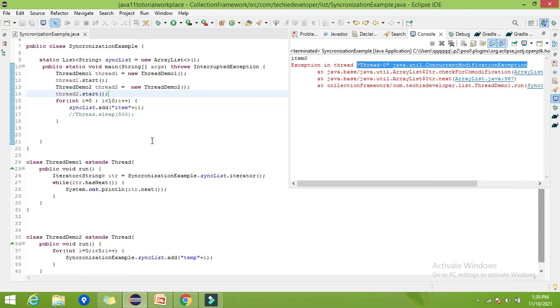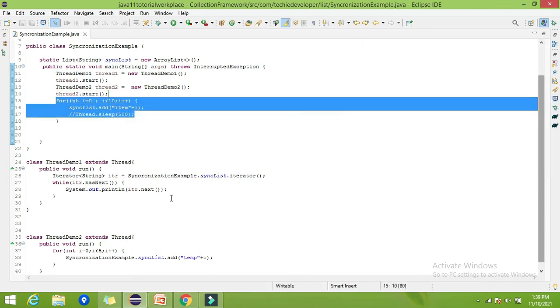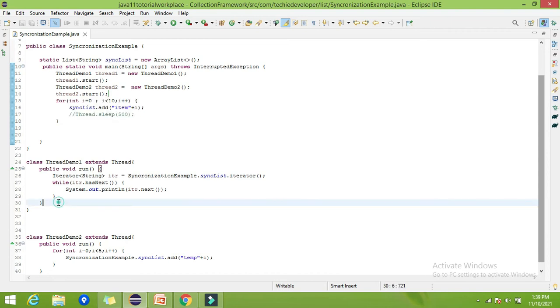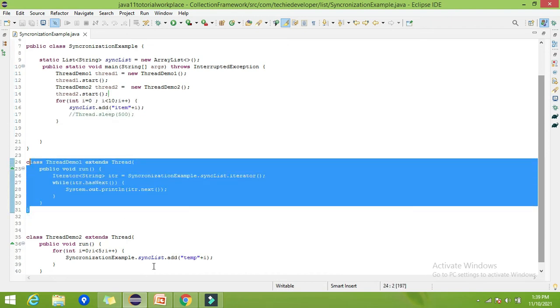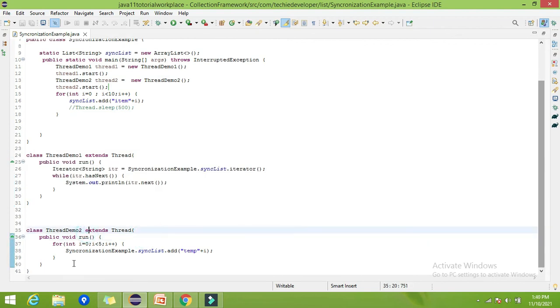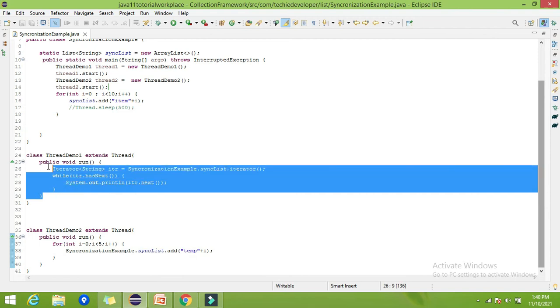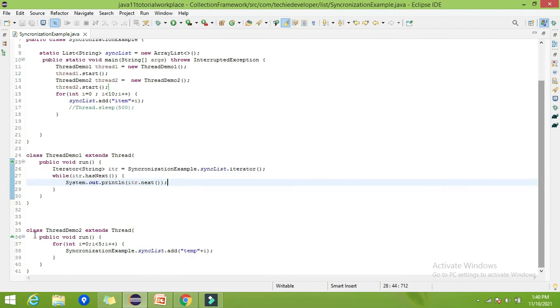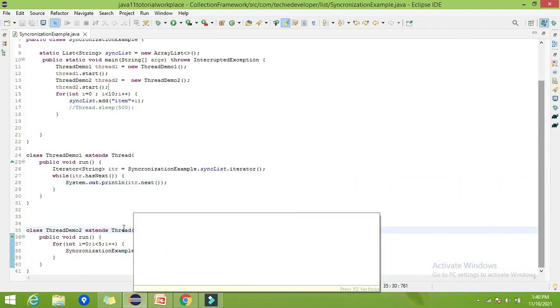What is happening now? We have added these 10 elements here, after that we are trying to read them. Up to this it was working fine. But once we added a new thread which is trying to add, while we are displaying the result or iterating the array list, we are trying to add a new element by this newly created thread.